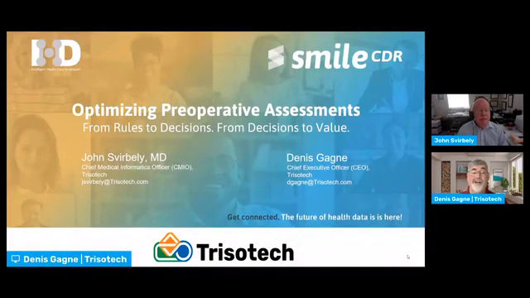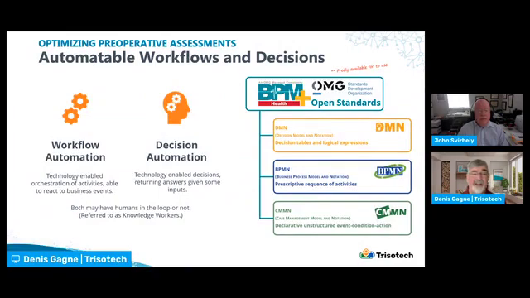So today, John and I would like to talk to you about optimizing the preoperative assessment. And basically, we're going to talk about how we can use new technology in terms of workflow automation and decision automation to bring to the surface a lot of value that may be left behind in the current way we're doing things. So let me start by setting the stage a little bit by agreeing on some terminology and some